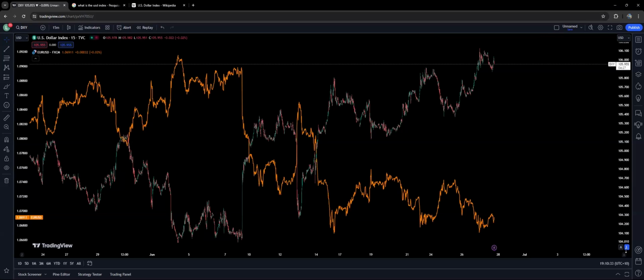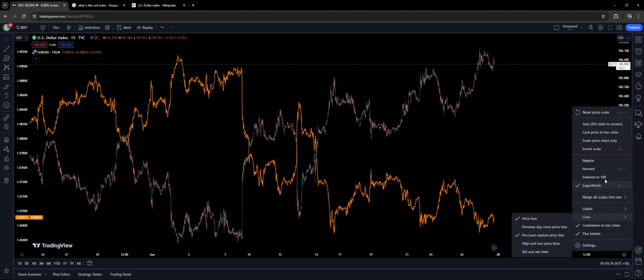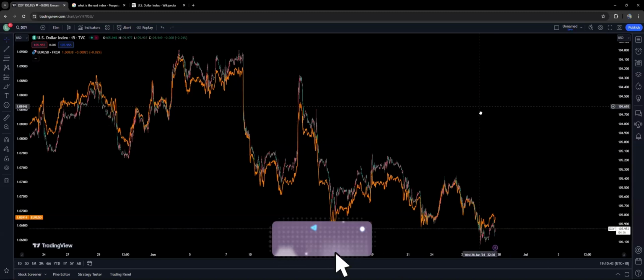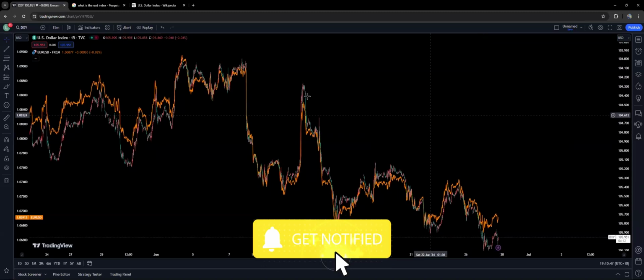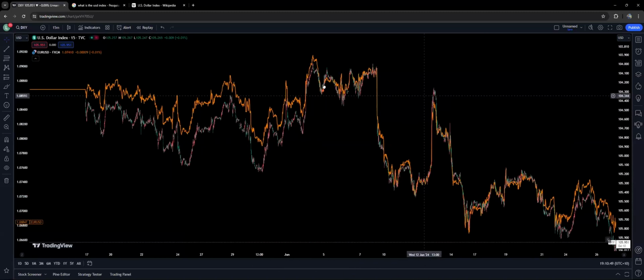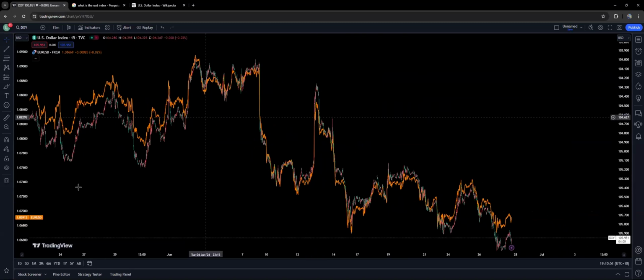There you go. And if we take the US dollar index right here and invert the scale, it's exactly the same. I mean, not 100% of the time, but let me lock this